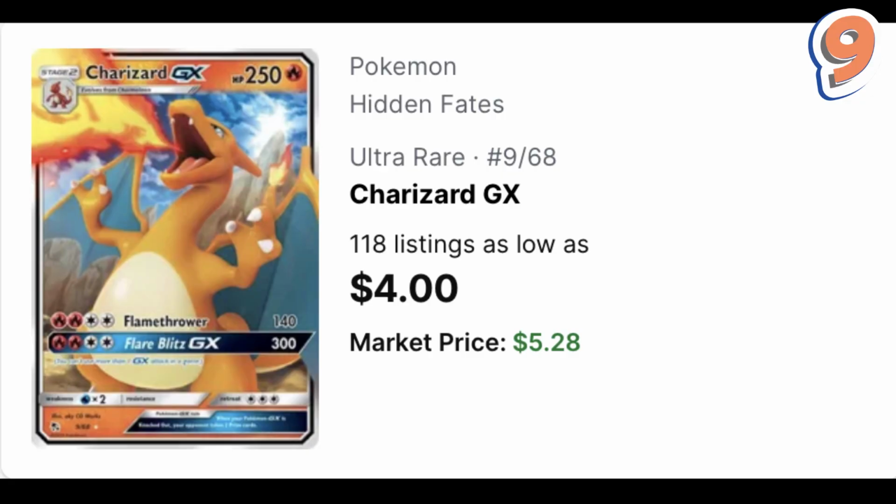The number 9 cheapest Charizard you can buy right now is the Charizard GX from Hidden Fates. And no, I don't mean the ultra rare Charizard GX. I mean this here regular Charizard GX that you can pull. This has a current market price of $5.28. And just like the Radiant Charizard from Crown Zenith, you can pick up a PSA 10 copy of this card